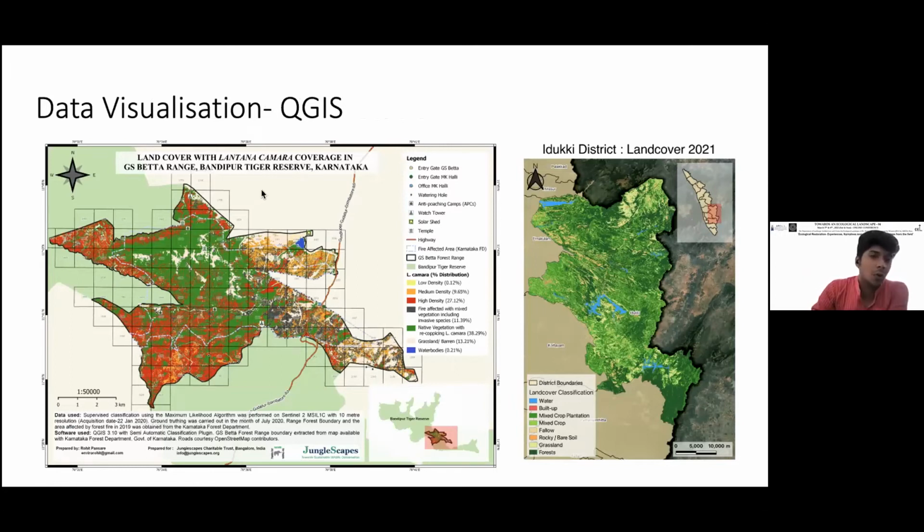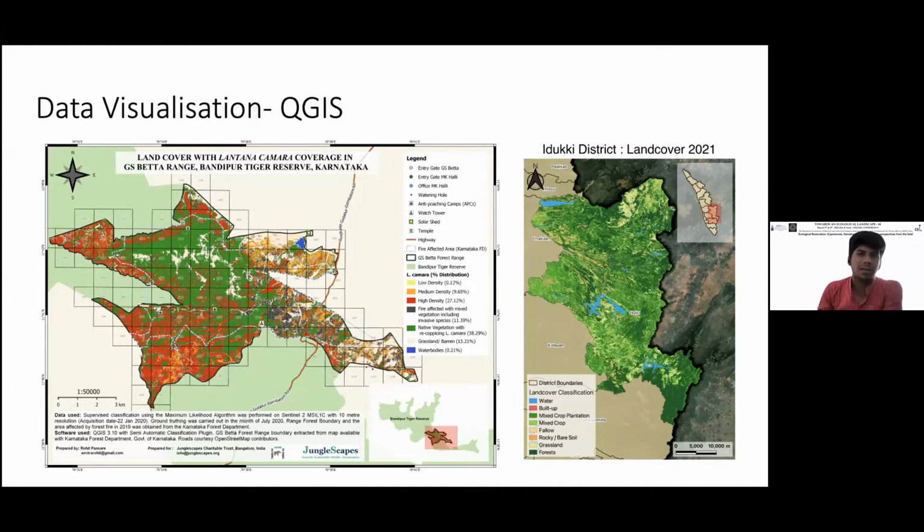That's one thing, but you also know which, according to the forest department, are the areas that are fire affected. So the forest department has created a map of the fire affected areas. You can overlay that map on this and check how the lantana in those areas is behaving, how it is coming back, or is the native vegetation able to supersede it, etc. So this becomes a great tool where you have a single map, but it's giving a lot of different kinds of information.